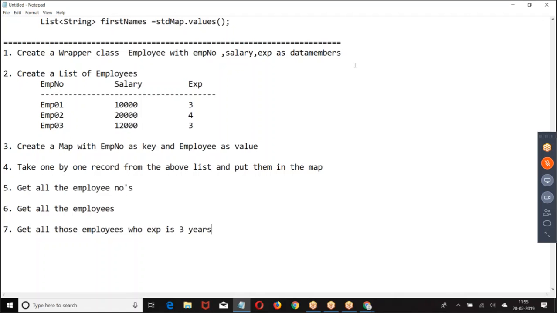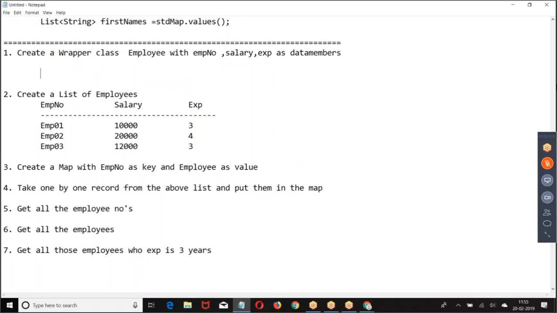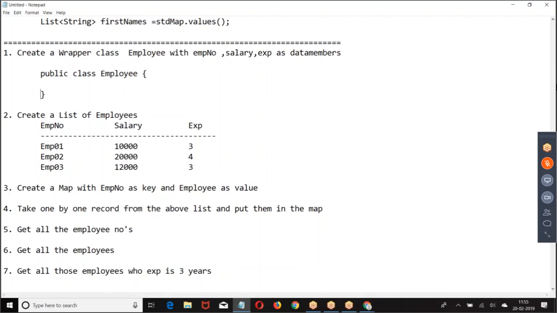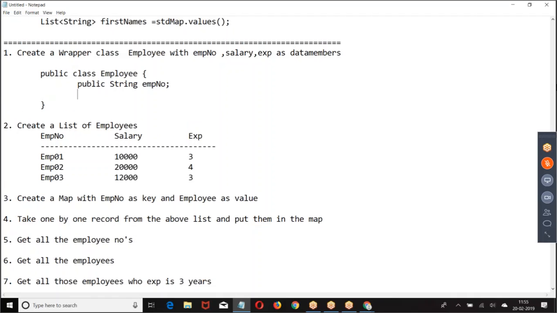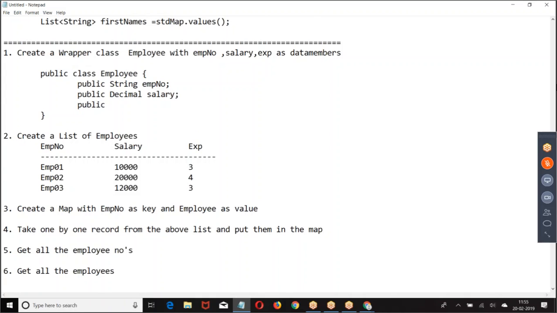Do step by step. Employee number should be public.